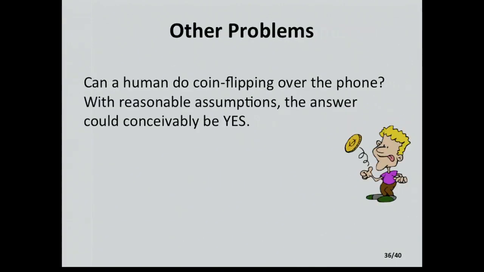So I won't go through this. Other problems. Lots of other problems to consider. So the password problem, as I said, is prototypical, but can a human do coin flipping over the phone? Me against, the usual Bob and Alice. Bob against Alice. Bob, you're supposed to do it in your head, but Alice maybe has a computer and is cheating. Is it possible to do coin flipping in your head, even against a cheating adversary? I've had suggestions for what might work, but in each case, they're not really humanly usable. The answer could conceivably be yes, but I don't know.